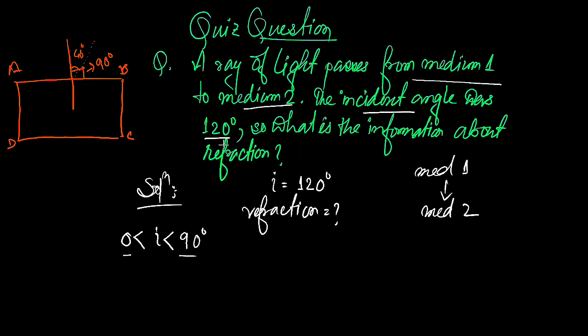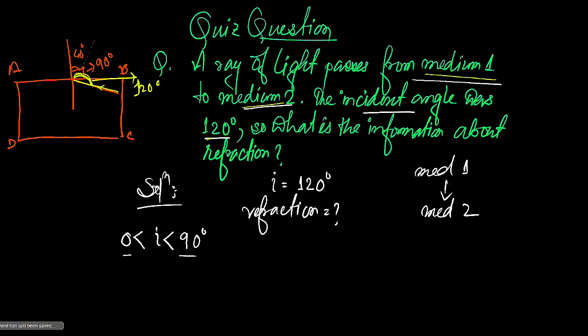But here the incident angle is given 120 degree. So 120 degree will be almost here. If I clearly mention here, the incident ray will be here. This is going to be the incident ray. And this angle is going to be how much? 120 degree. Approximately, I am just showing you 120 degree. Now look closely. If the incident angle is 120 degree, that means the incident ray is coming from medium 2, not from medium 1. What I have said, from medium 1... it is actually coming from medium 2 with an incident angle of 120 degree, right?